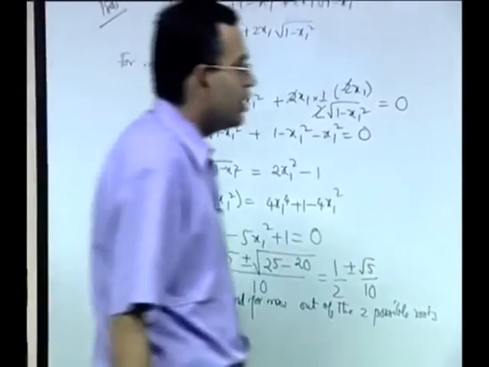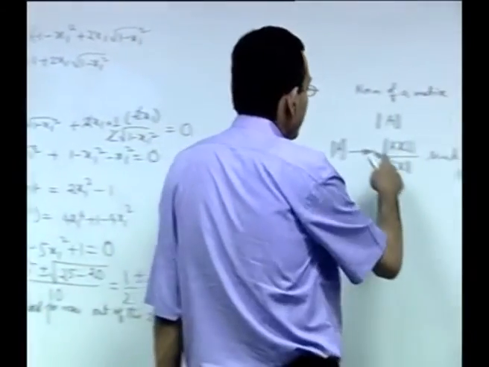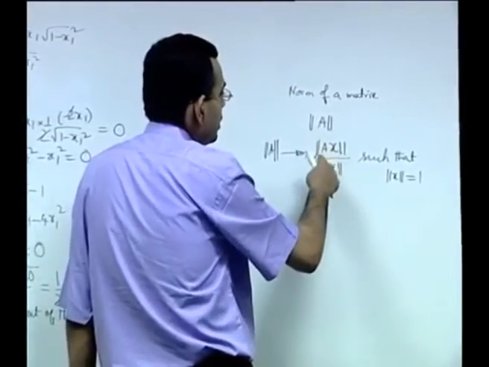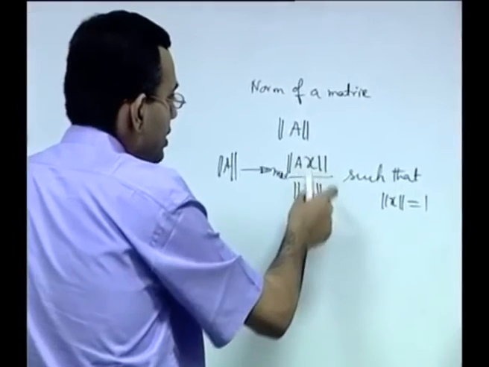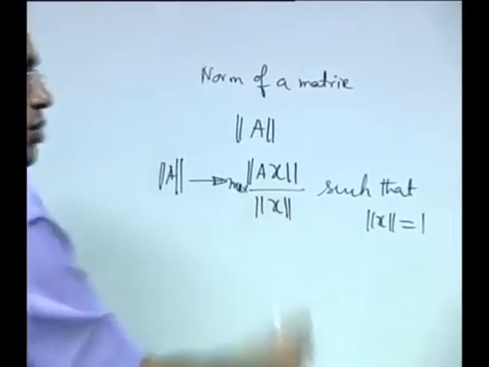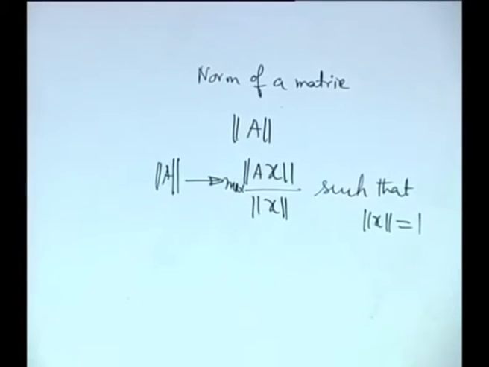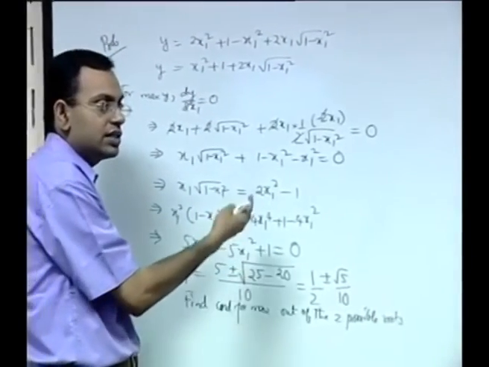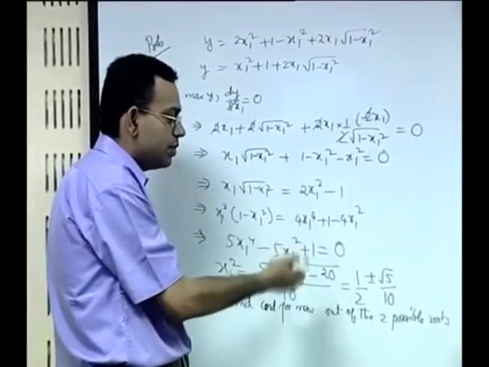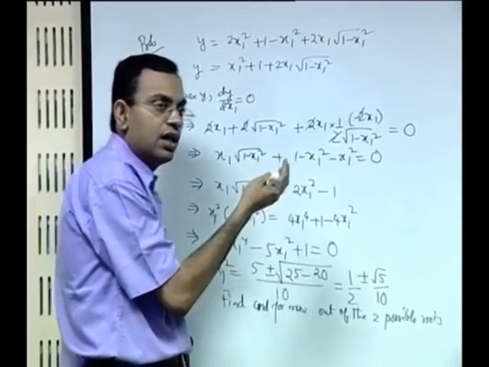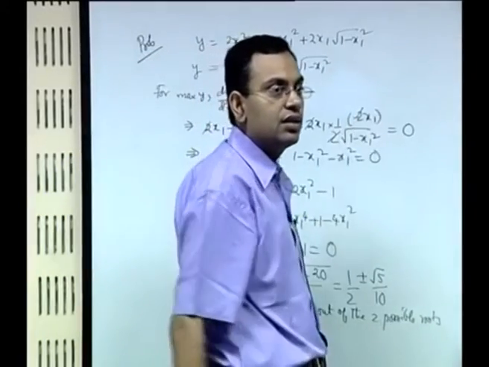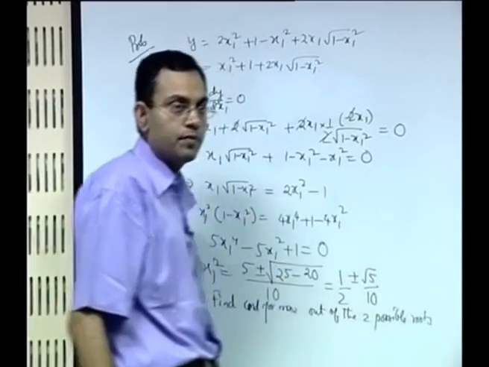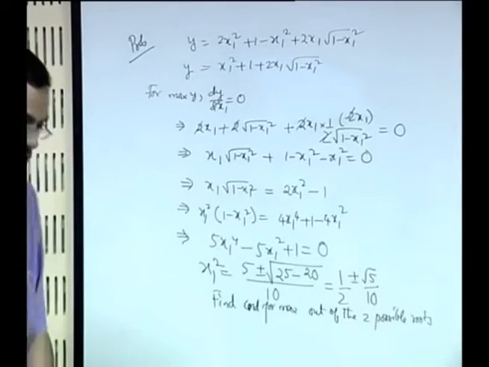So, effectively what you have to calculate is the max of the second norm of Ax given that the second norm of x equal to 1. So, we have done the majority of the steps. It is now just to find out the corresponding condition for the maximum and substitute that in the second norm of Ax. Okay.